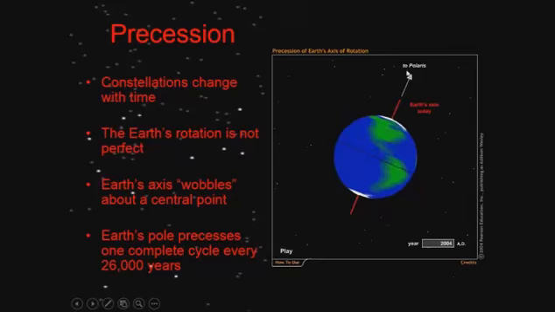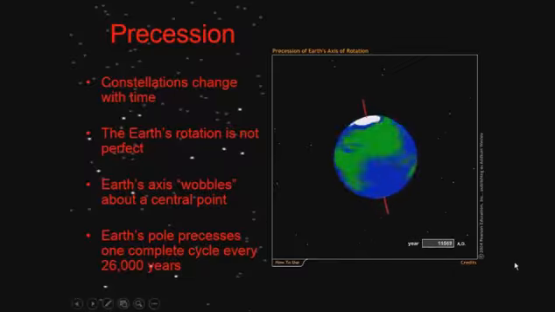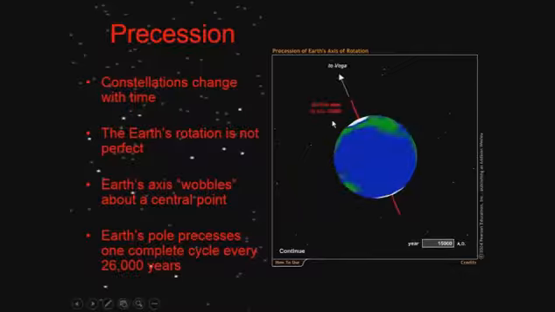So here's Polaris, our pole star, and here's our rotational axis, and we're looking at a year here of 2004 AD. Hit play. Well, it's still rotating around the same pole, but the pole is changing position, which means we're viewing different objects at the pole. So you can see now we're at about the year 10,000 AD here, and there we go on a 26,000 year cycle. So our rotational axis in the year 15,000 here is going to be pointed towards Vega. So we'll change our pole star,